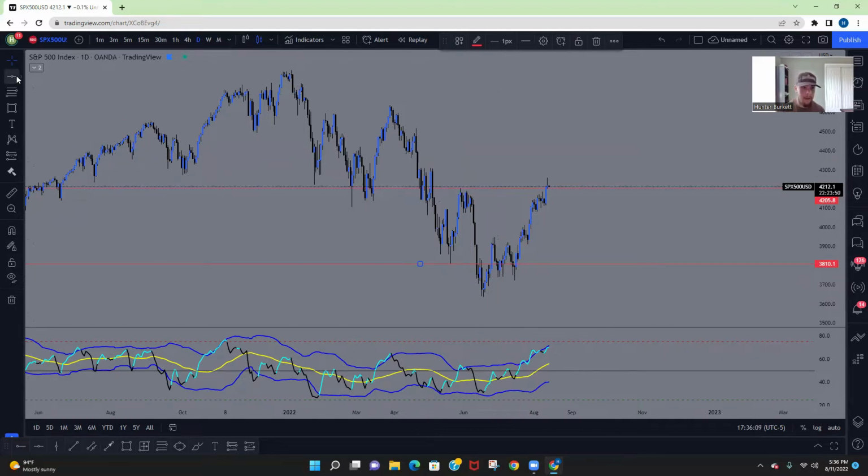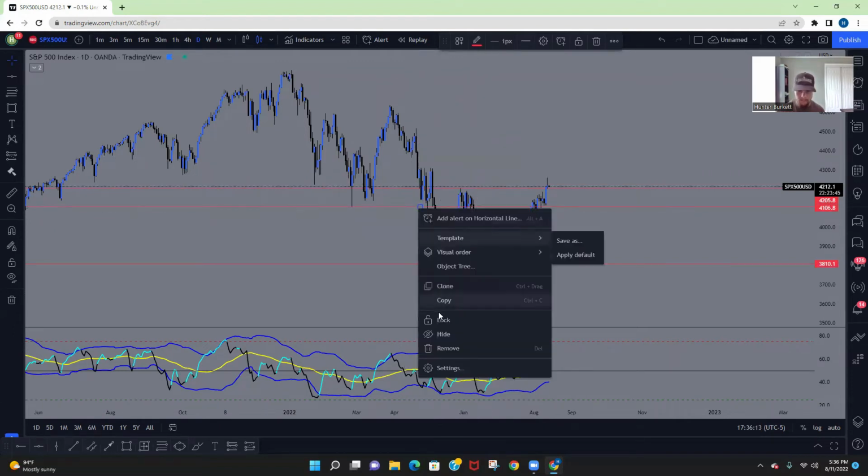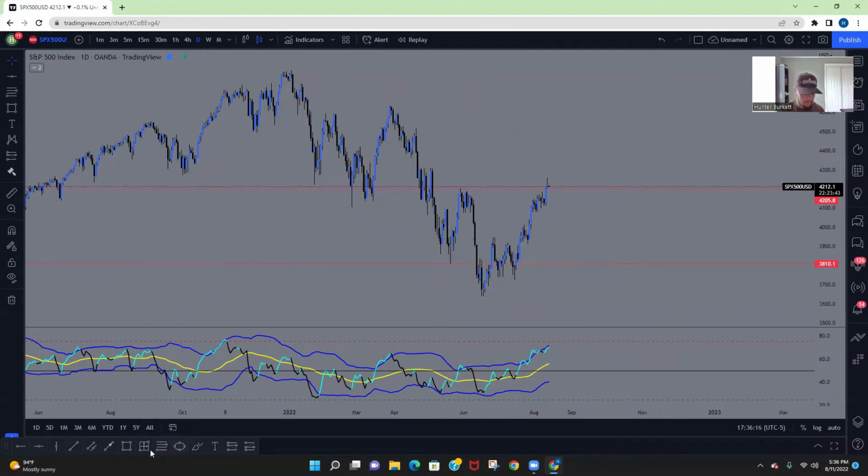Now, what else do I have? I don't even really have to put lines. Let me remove that. I'm going to do a box. Look at how much imbalance is left. Look at that. All of that imbalance. That gives me